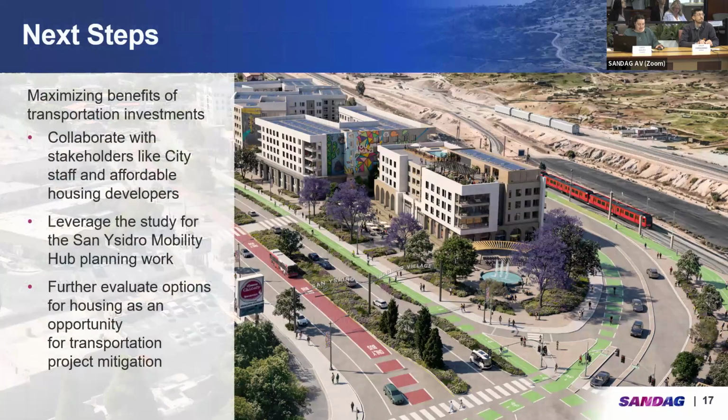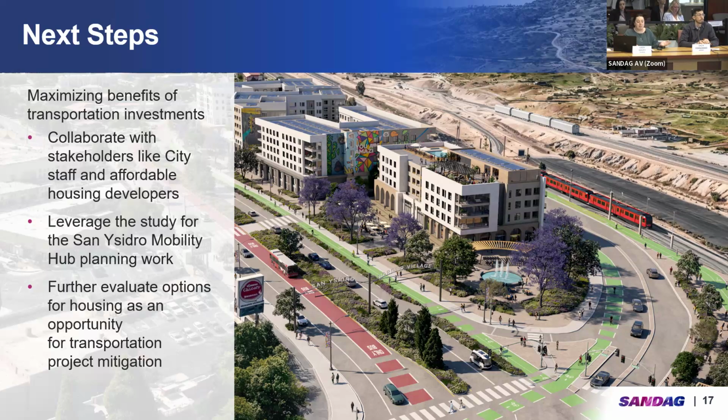For next steps, I would like to emphasize this study helps make recommendations in line with our public outreach, engagement with the business communities of these areas, and in coordination with the cities. The study is exploratory in nature, demonstrating the process of identifying potential for TOD with complementary mobility improvements. For example, the rendering you see is a concept highlighting the highest and best use of the area, but essentially is prototypical. However, the market analysis completed for the study can be scaled and applied throughout the study area and sub-regional level. So again, the next steps include collaborating with stakeholders like city staff and affordable housing developers,